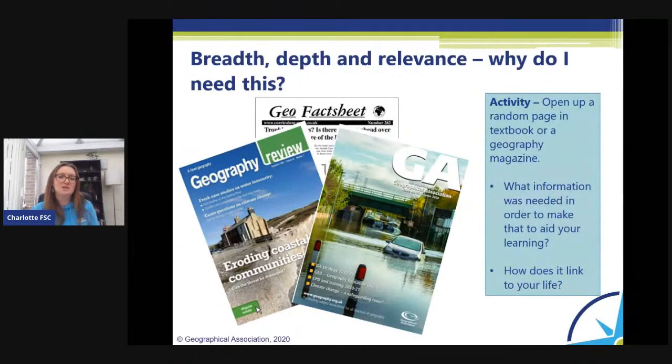What information was needed in order to make that textbook page or that article that's aiding our learning? Well, in here I've got some photos, two radial graphs of displacement data showing where people have moved to as a result of gentrification. We've got two case studies of gentrification with all the evidence and specifics that you would expect in a case study. But we've also got the wider geography, like the background of the concept of gentrification, and research into how it can almost blur into ghettoisation, or maybe be seen as urban regeneration,